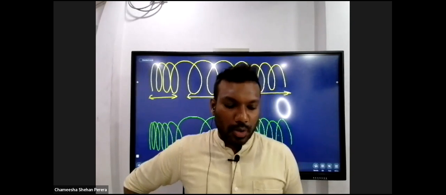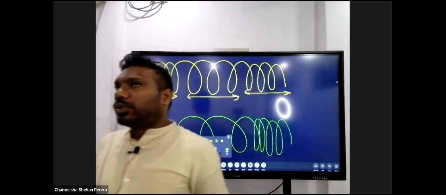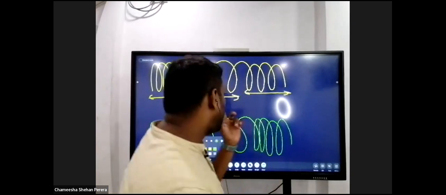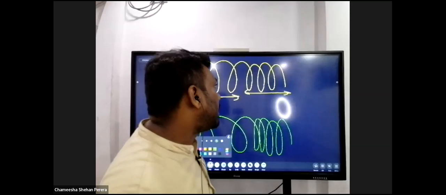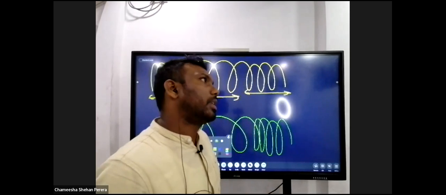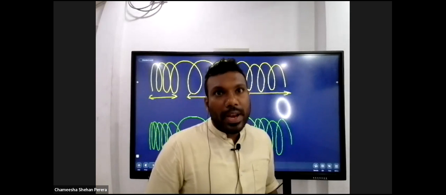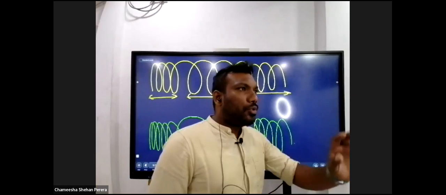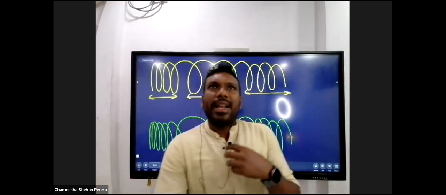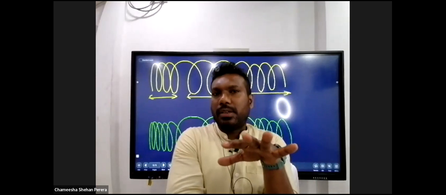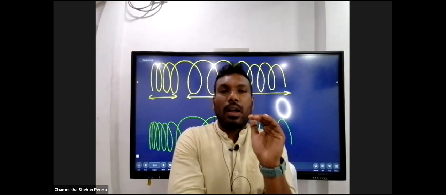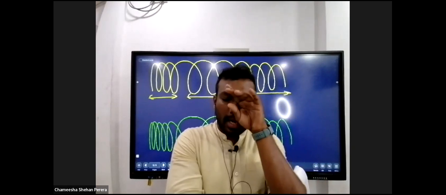Right. Then we have to talk about the wavelength. So that's how you recognize the amplitude of a longitudinal wave. You look at the wave motion. If the compressions are more compressed and the rarefactions are rarefied, you know this wave carries more energy. The amplitude of the wave has to be very high. So you are not learning how exactly the amplitude of a wave is obtained, but you are going to get an idea of what the amplitude of a longitudinal wave says. That's the maximum thing that you could ask in the exam regarding longitudinal waves.